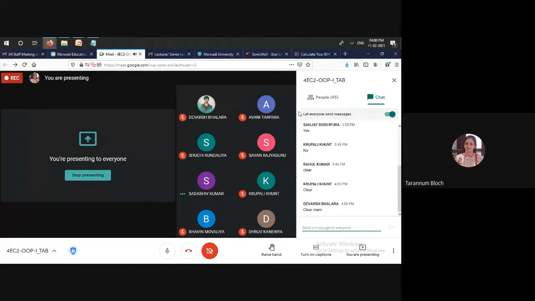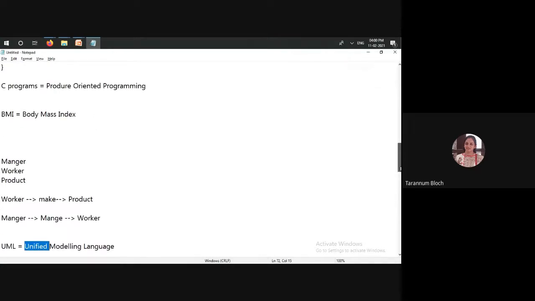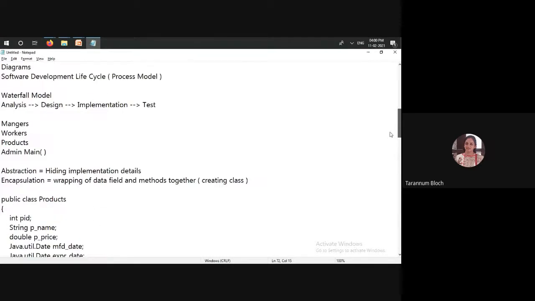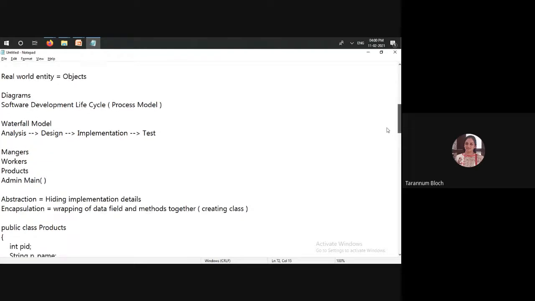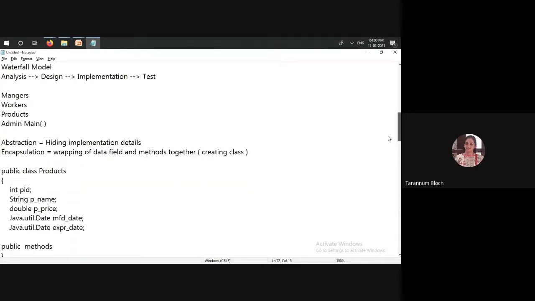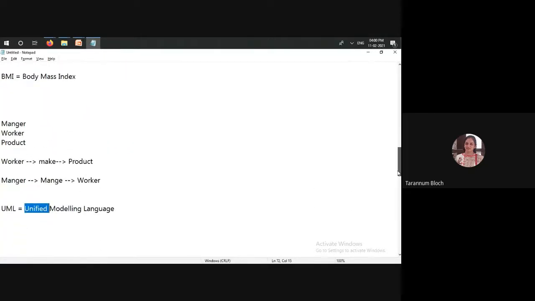Okay, fine. So if we recall today's session, we have learned a few things: how the software development lifecycle works, what abstraction and encapsulation are, and what the relationship between classes is.